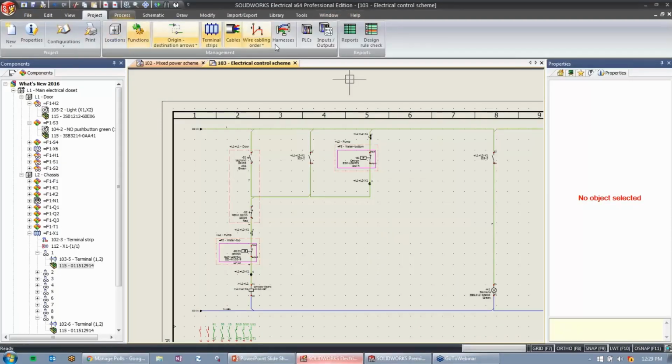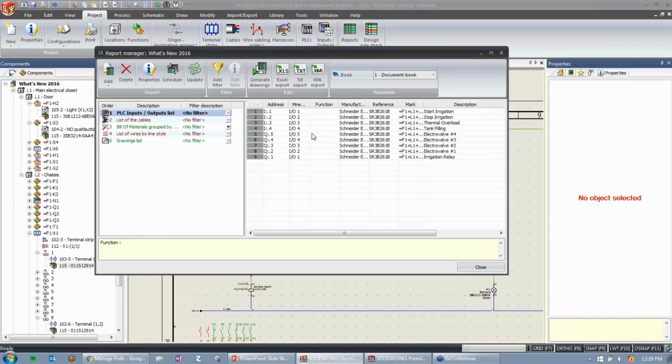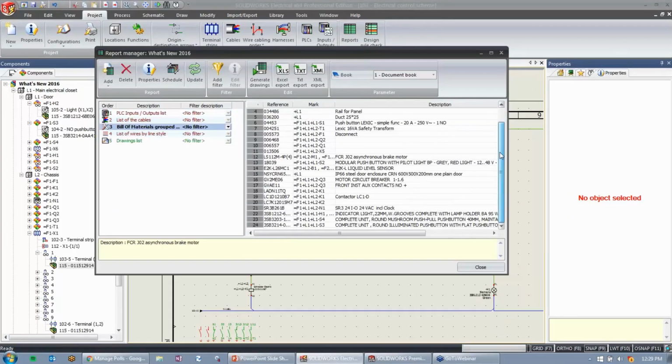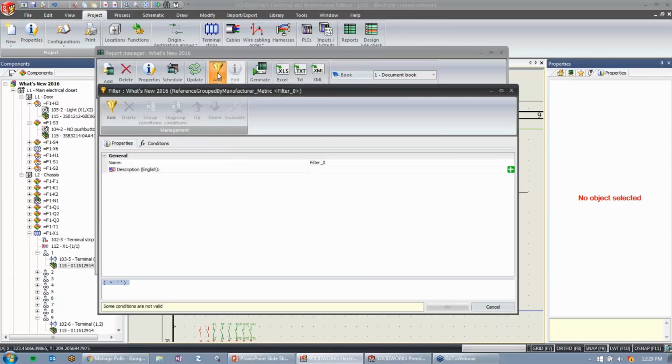So our reports are still on our project tab. Go into reports, and right now you can see that all my default options do not have a filter. So if I want to take my bill of materials and say Schneider Electric called and said they're going to have a delay on our delivery, we might need to order from elsewhere. If I want to quickly see which Schneider Electric parts I have in my bill of materials, I can add a filter, and we'll just call it Schneider Electric BOM filter, and